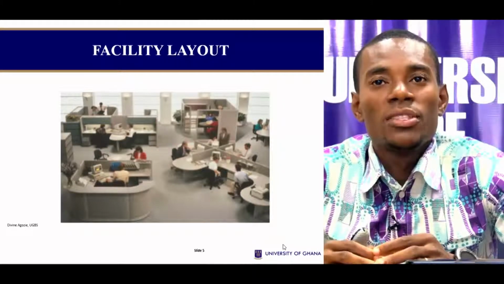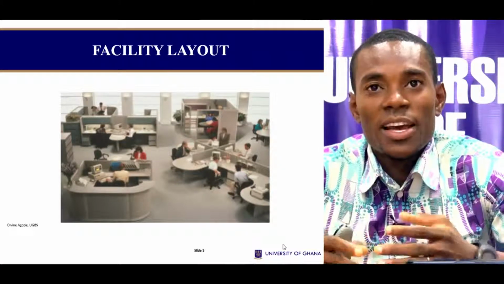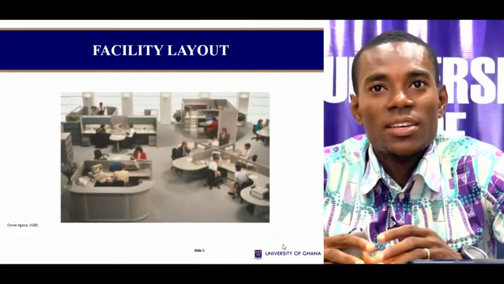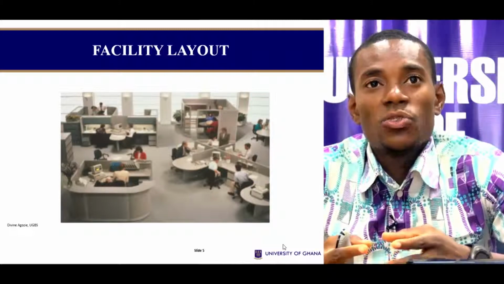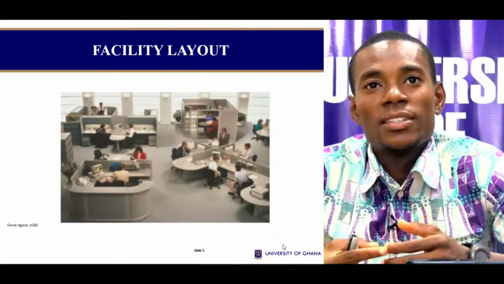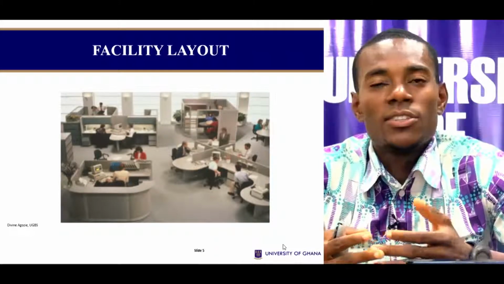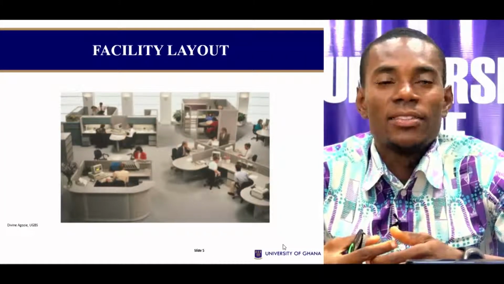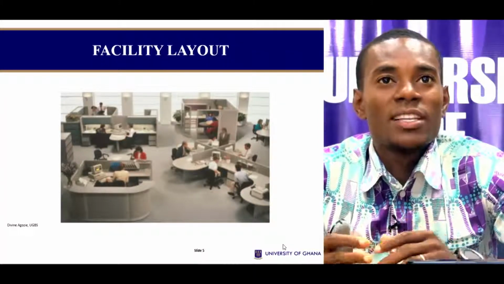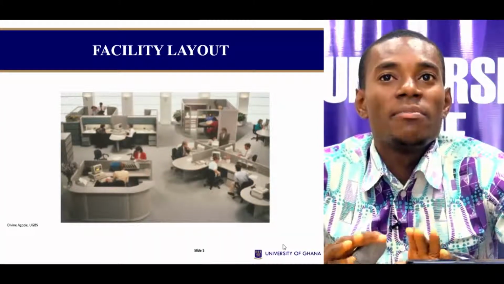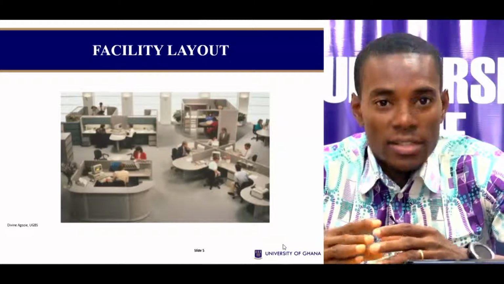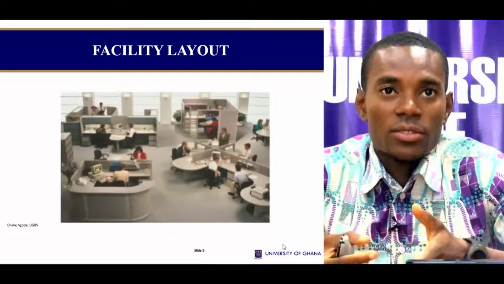Everyone seated behind a desk there is doing something peculiar. What is done on the left side, where the lady is in the red suit, is not the same thing that will be done by the other. So the grouping or arrangement is done according to whatever they perform within that specific location or